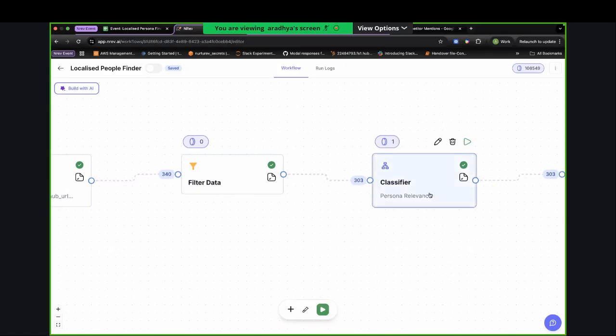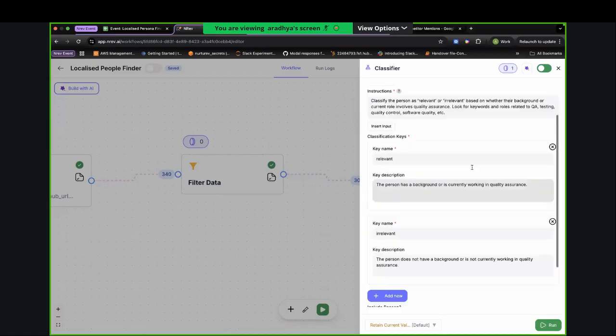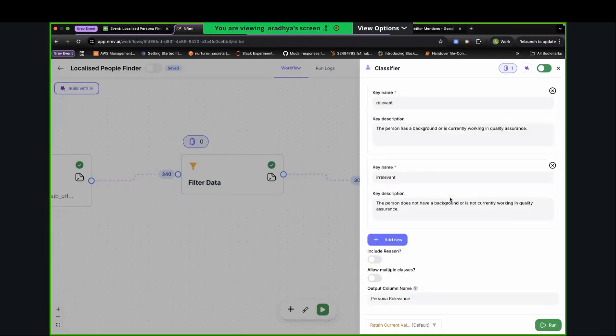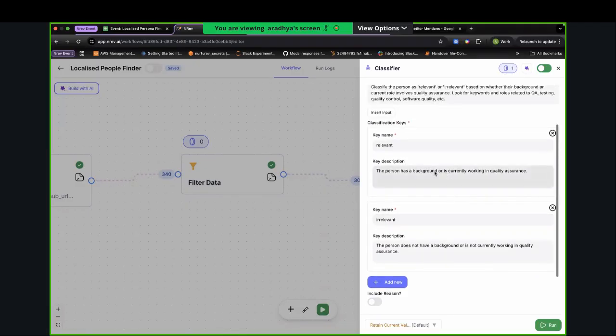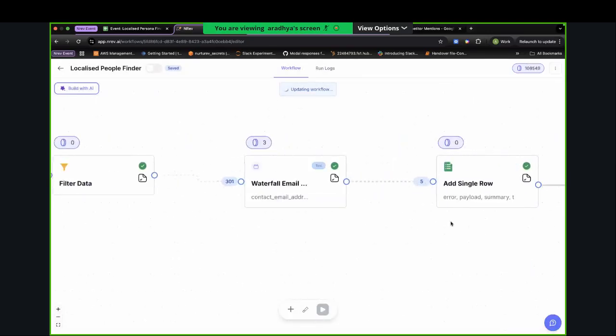And then I've used a very simple persona classifier where I've referred the title, headline, and employment history, and performed a simple relevant or irrelevant classification. In this case, we've just figured out whether they're relevant for quality testing, etc. But this can evolve into anything you like. Once we have filtered them out, we have